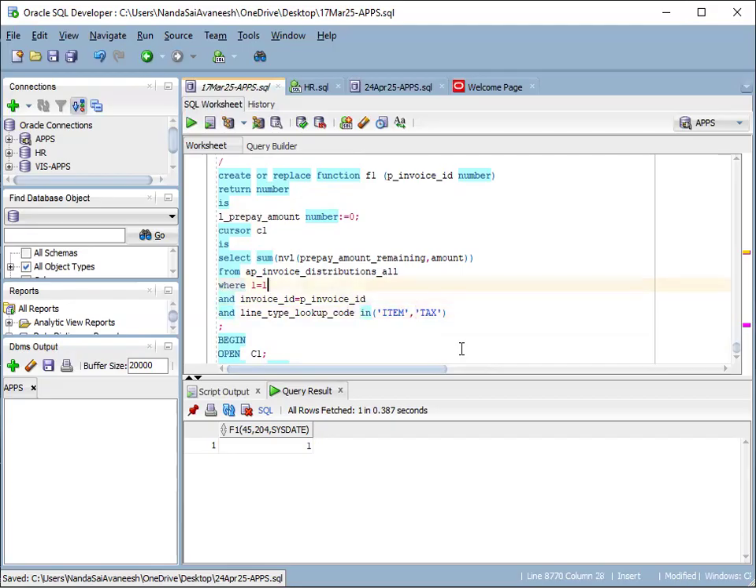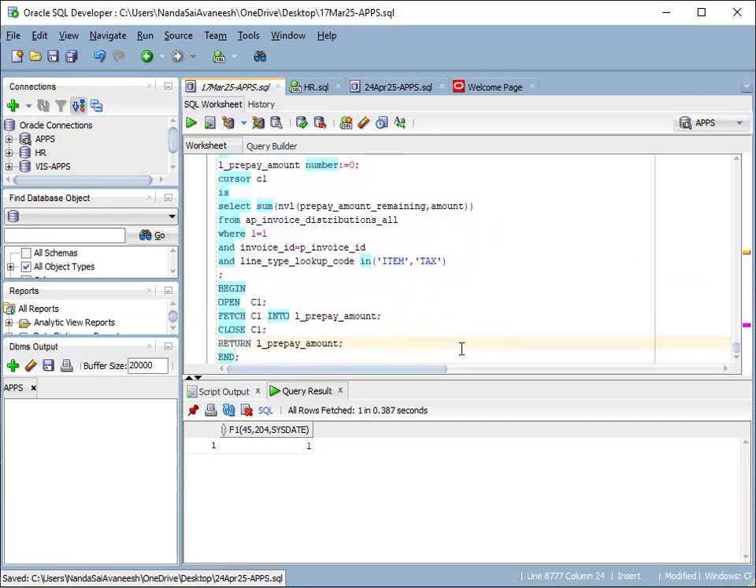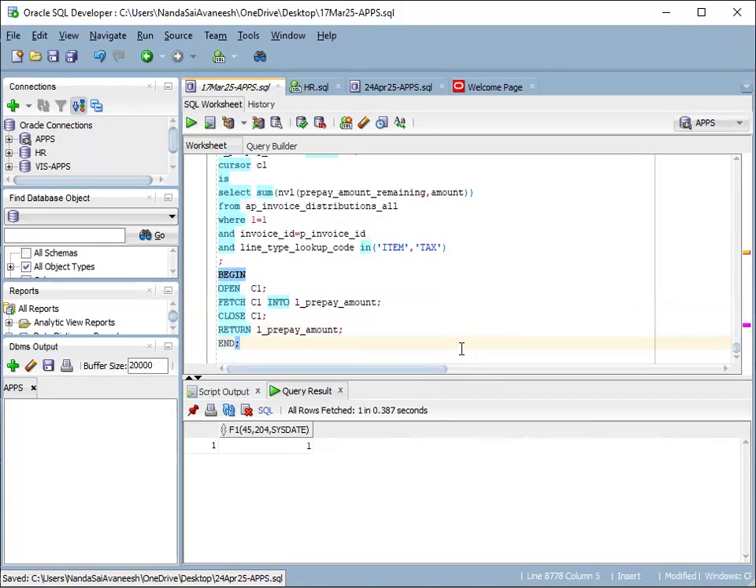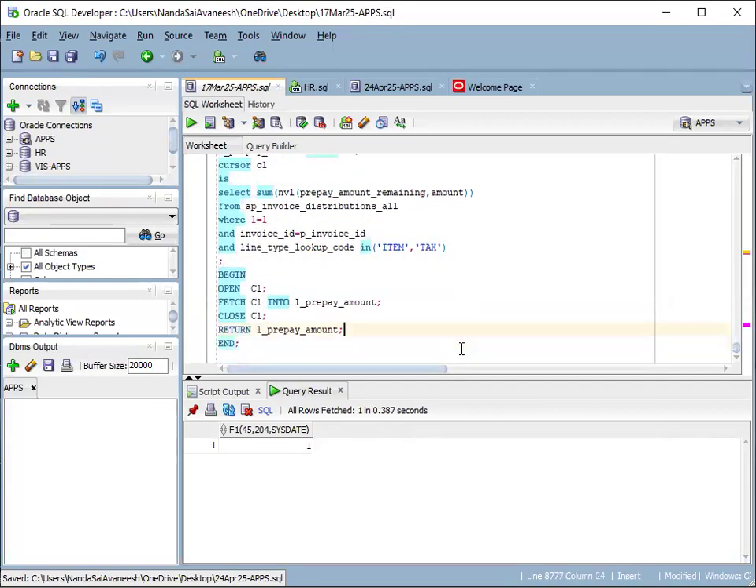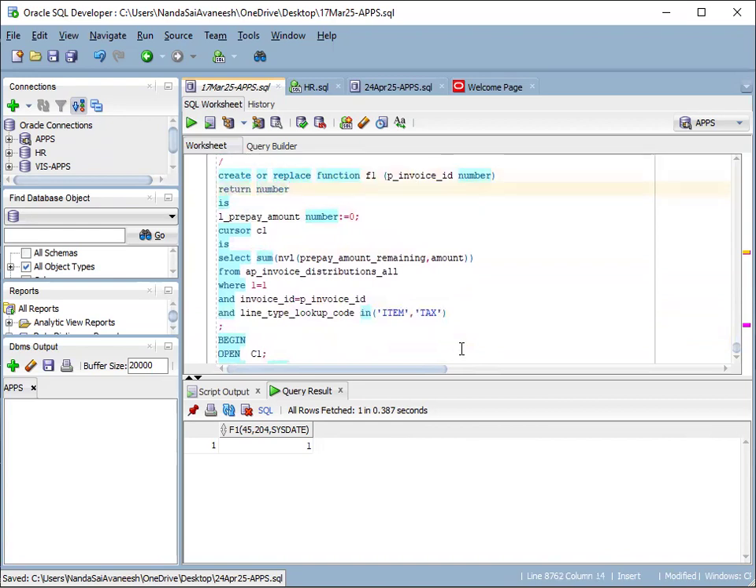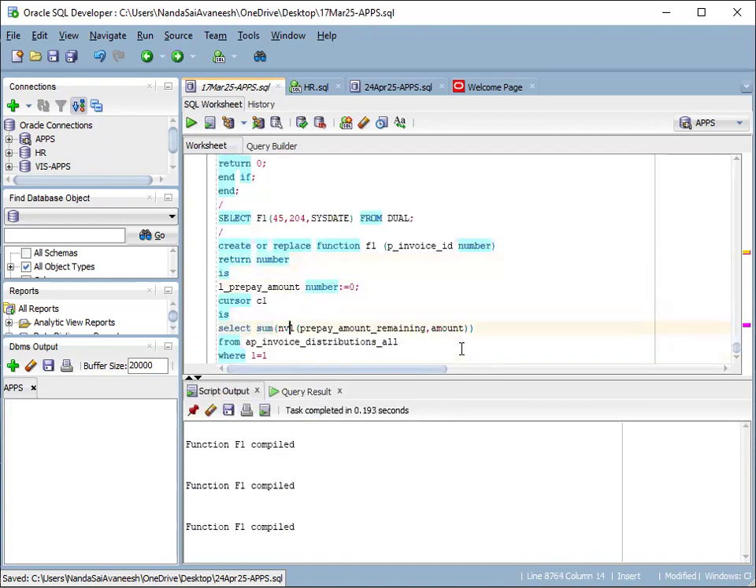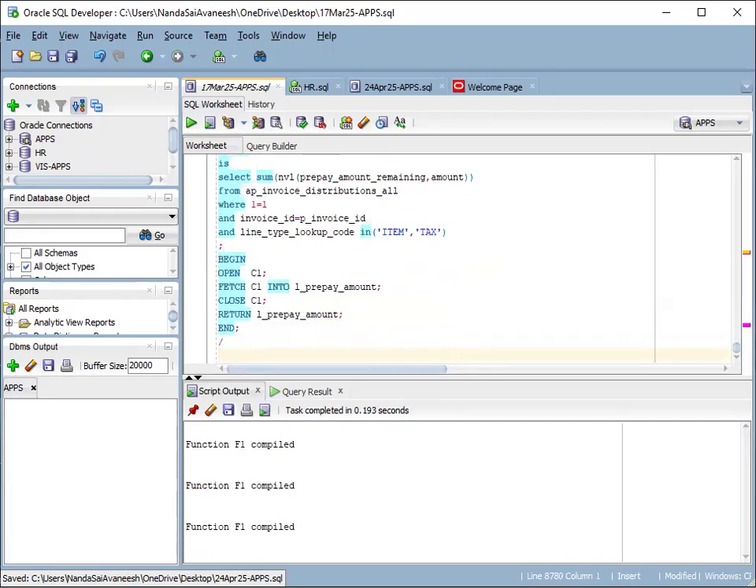So this is the cursor value we are taking here. This is the cursor query. So begin, open C1, fetch C1 into L_prepay_amount, close C1, return prepay amount. So return prepay amount, how much amount is paid, that will be displayed here. So the function is compiled, then we can call it. Suppose we give the invoice ID,